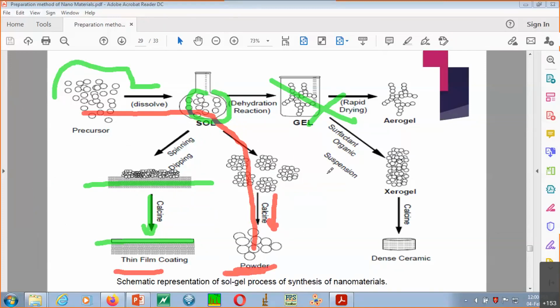Right, so with this one single method I can generate 1D material, 2D material, 3D material also, or even 0D material, that means powder format also one can prepare. So that is why this method is widely accepted, and that is the reason in many papers you may have seen this sol gel method rather than any other. Okay, so that gives you the freedom, whichever way you want you can go through that, you can divert the process, but the starting moment will be the same up to this point. But later on, depending on the process, you may get different outputs from the drain.